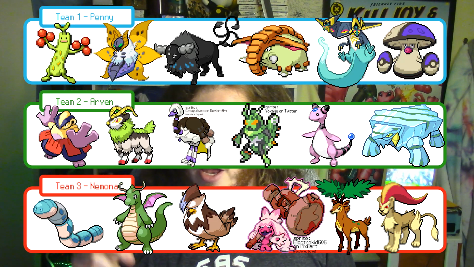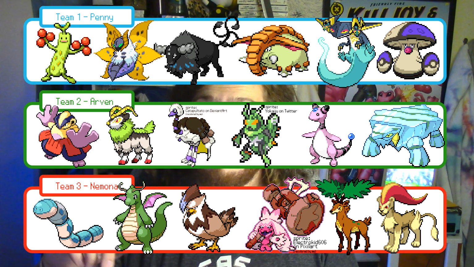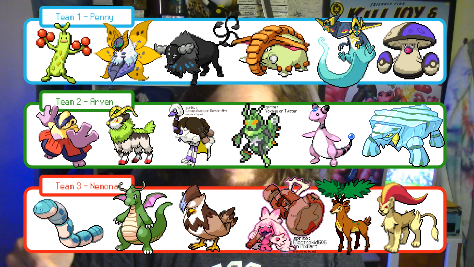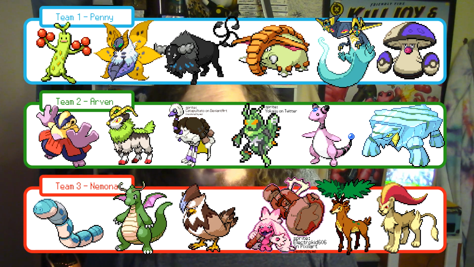I did kind of do a number thing. It was 1, 4, 7, 10, 13, 16. I ended up swapping Sawsbuck and Volcarona, so I had a little more type diversity and I didn't have 2 grass types on one team and 2 fire on another. For these battles, also, I am not using healing items to make them a little more difficult, because I'm already